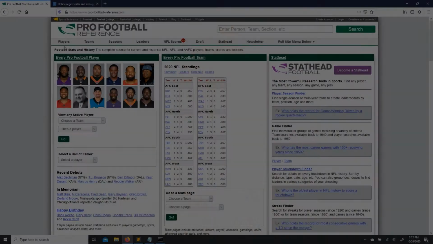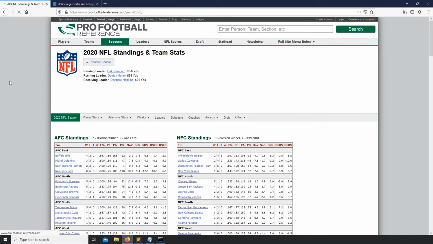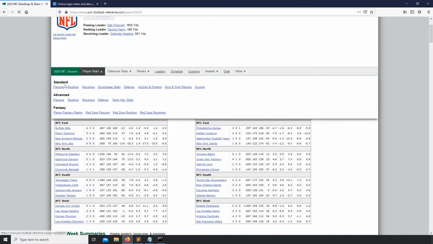Regular expressions are an extremely useful tool to have at your disposal, and I suggest everyone take the time to learn the library. If you don't know much about regular expressions, this video should be a great intro into the library available in Python. Okay, so I'm here on Pro Football Reference, which has a bunch of free football related